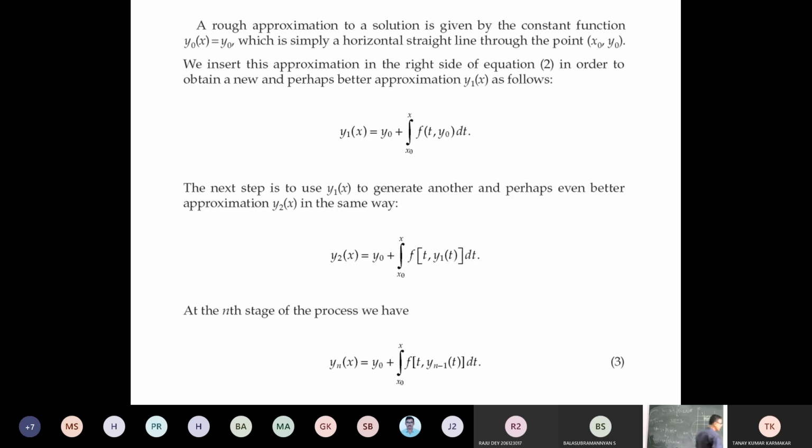Okay, fine. So now let us just take one example, which probably you did earlier. I'll do one more. So is the thing clear now? What we are trying to do? Yes. So we are simply trying to generate a sequence, which we are later going to prove is in fact not only convergent, it is uniformly convergent. I'll talk about that also. Uniformly convergent, and the limit of this sequence is nothing but the solution of the given differential equation. And under those prescribed conditions, this solution is going to be unique. Okay. So now,